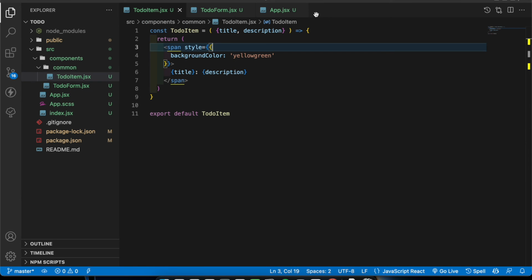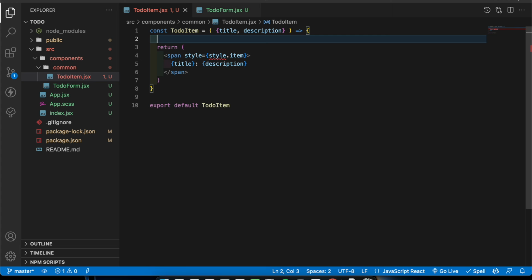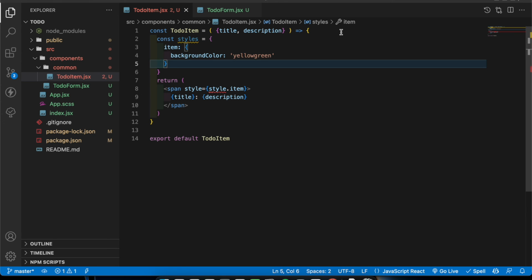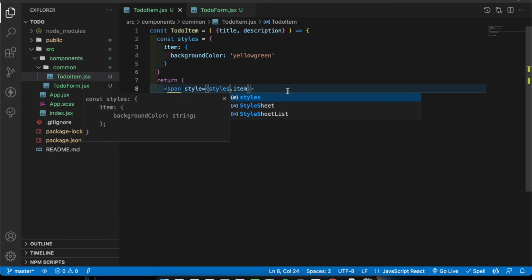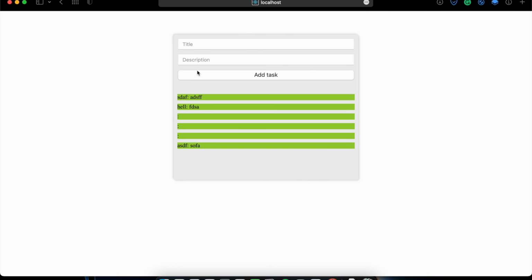Let's style this one now. I don't like having it within the HTML tag. So I always create something like a const and do it. Yeah, I do it like this. So this method is much cleaner for me. So you can do it the easy way you want, but I like this method. Okay, so